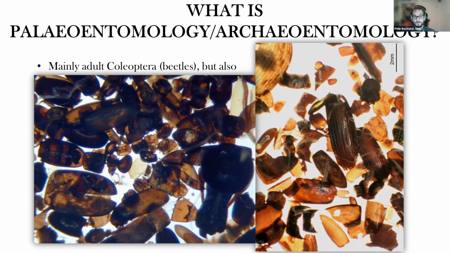If you're lucky, it can be damaged. You can get a lot of variable preservation, but what you can see is the parts of fossil insects. So here you can see a carabid in the middle there and another one there. Here's a bit of a water beetle. Sorry, these are elytra. There's a staphylinid, a rove beetle. I don't know, maybe an Aphodius, a dung beetle there.